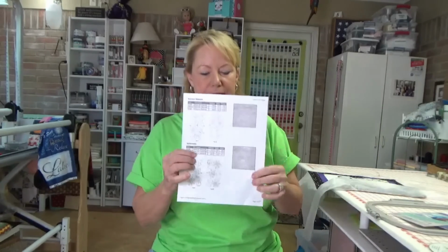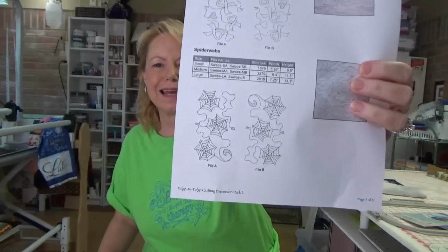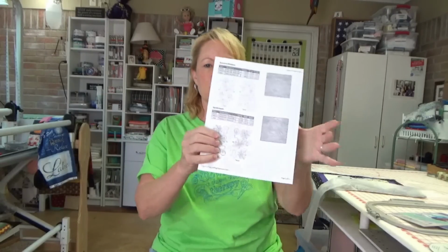So once I decided I was going to do the meandering cobwebs, they come with 3 different sizes in each file. The way these work is there's an A and a B, and you put them together like end and start, and then end and start, or up and down as the case may be, according to the directions. So I had to kind of figure out